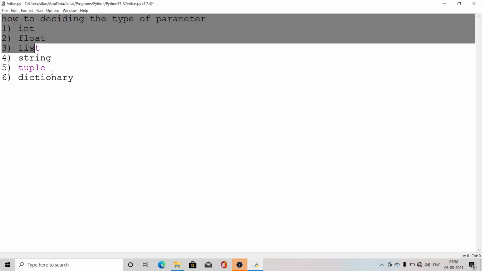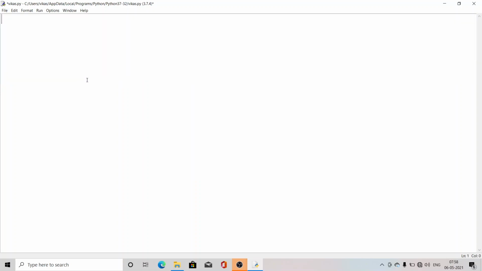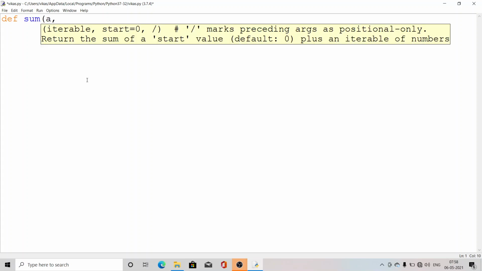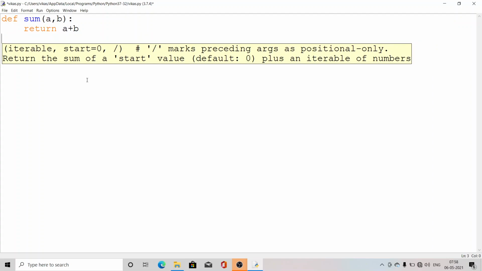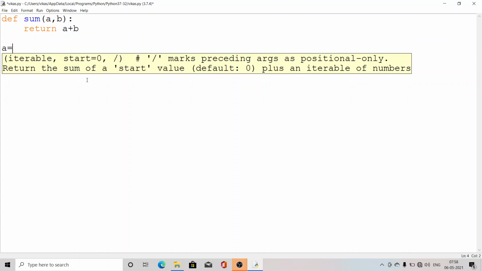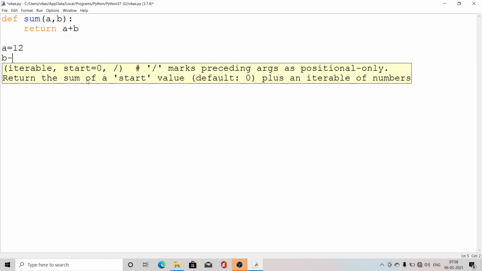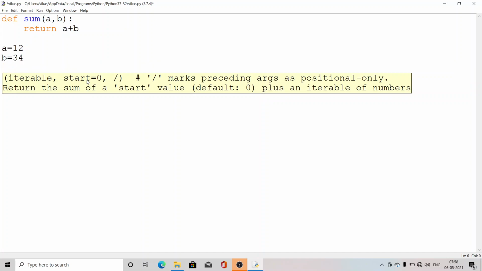Look here, all of this is decided by the calling. If we are writing here def sum, and I have written here a plus b, and then I return here a plus b. Now downside I am writing a is equal to 12, then b is equal to 34, and then I am calling here c is equal to sum(a, b).